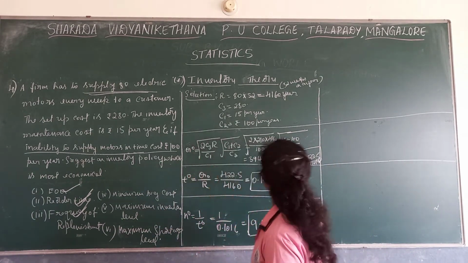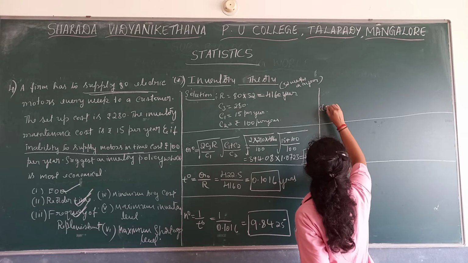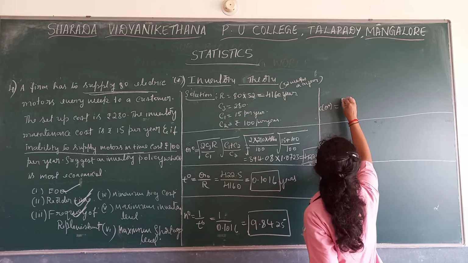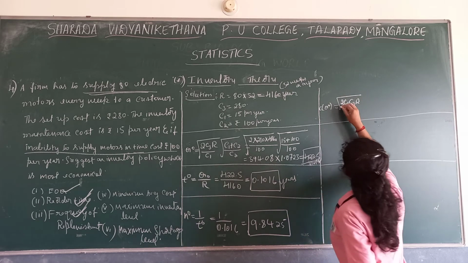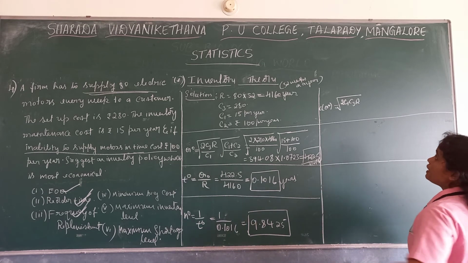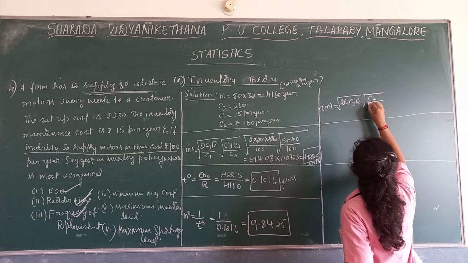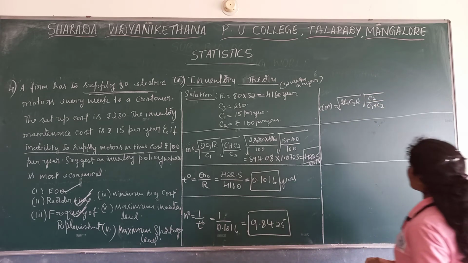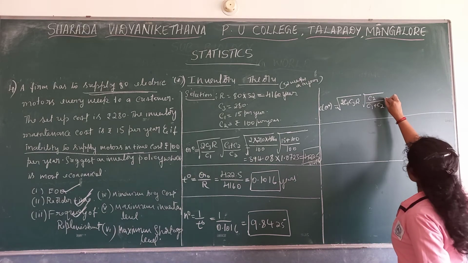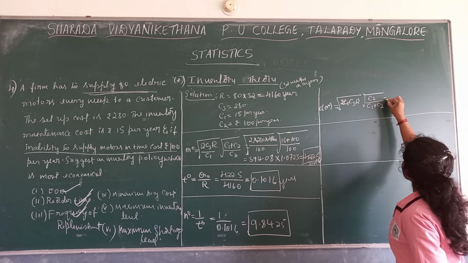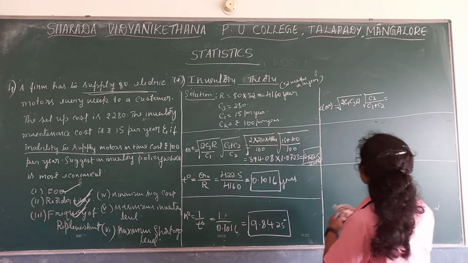Now, minimum average cost. Next formula comes there. Minimum average cost, that is C0 is equal to the root of 2C1C3R. This was the formula in case of model 1. Here this formula in addition with that once again, C2 divided by C1 plus C2. Here we get two root formulas. Now substitute the values. When we substitute here, first one we write a bit up.